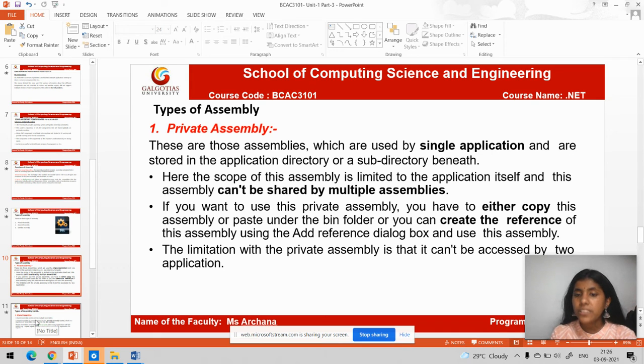If you want to use a private assembly, you copy and paste it under the bin folder and create a reference to it using the Add Reference dialog box. This is the limitation of the private assembly: it can't be accessed by two applications, only by this single application.